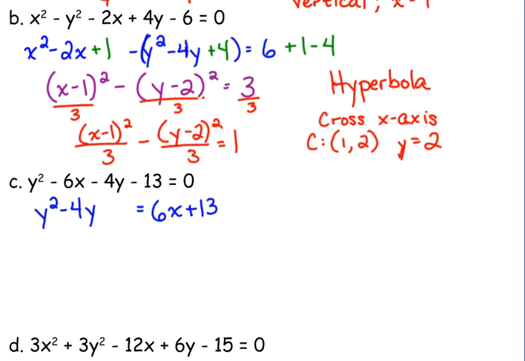All right, C. Which one is C? Did we already establish this before she walked in? Parabola. Okay, it's a parabola because only one of the terms is squared. Why am I trying to point this out to you before we even start the process? Because you can save a lot of time. I have seen questions like this. They just give you,